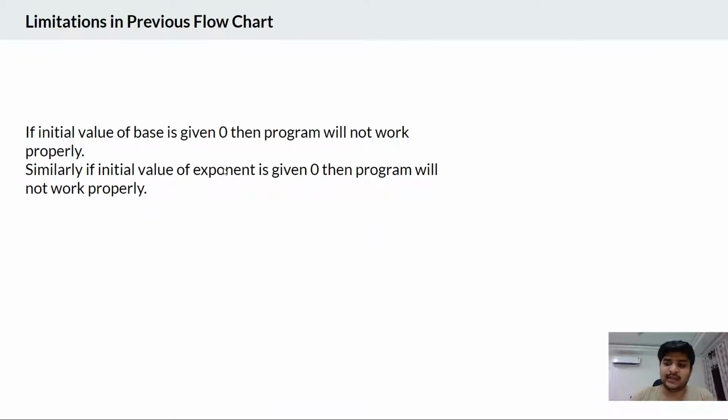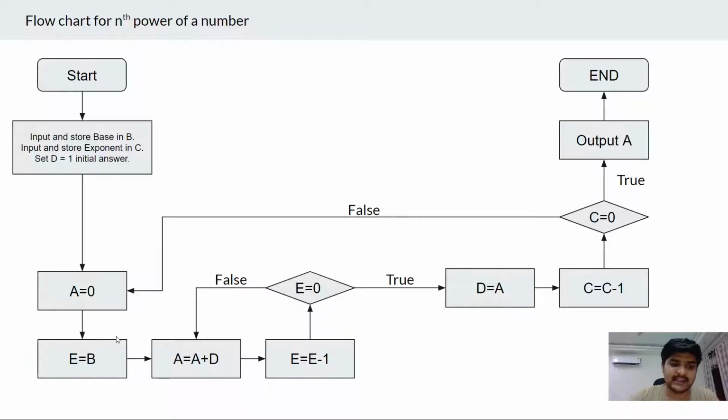But the previous flowchart had one or two limitations. Suppose the initial value of base is given 0, then the program will not work properly. You can see what will happen if base is given 0. We will start the program, then it will come here, a will be 0, then the value of e will be 0.